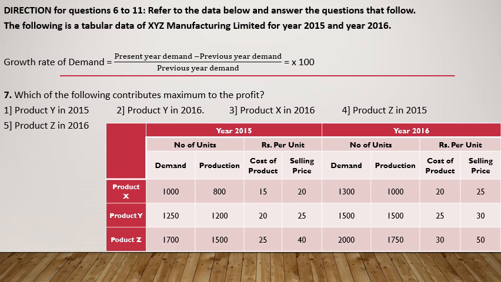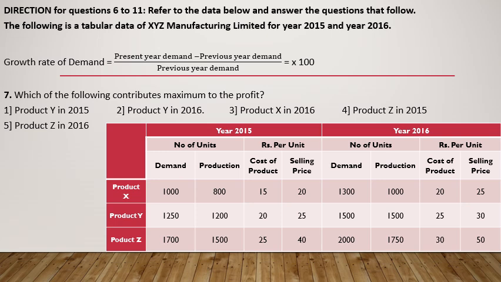Coming to the next question, question number 7. The question is, which of the following contributes maximum to the profit? Okay, let us check. Product Y in 2015. In the case of profit, we can check selling price minus cost price. So this will be